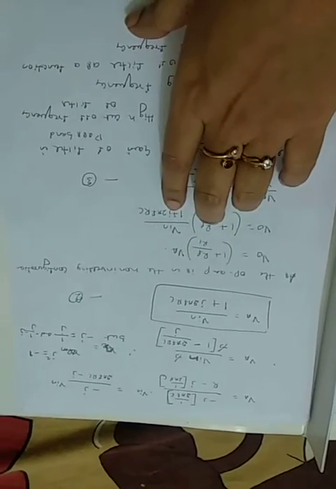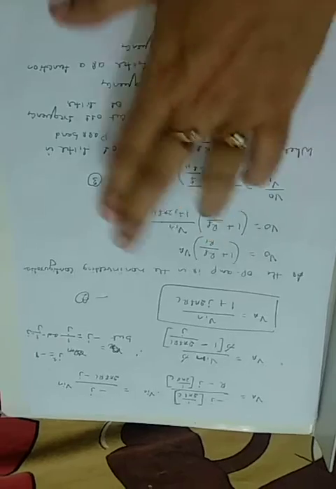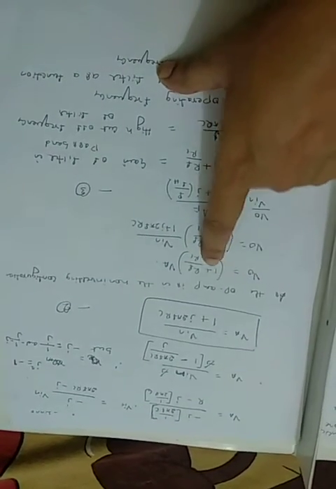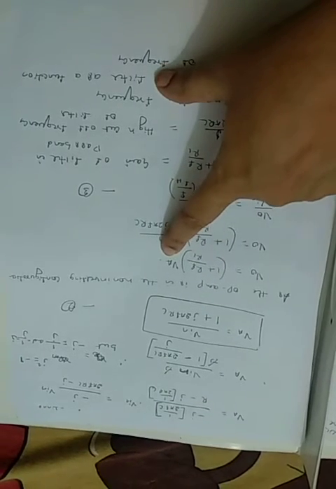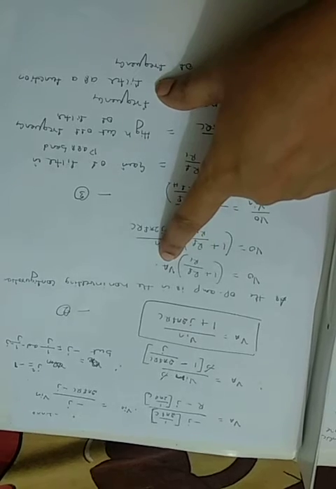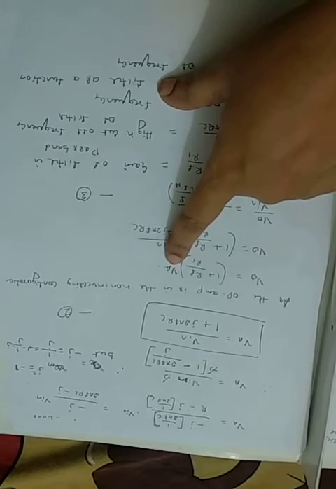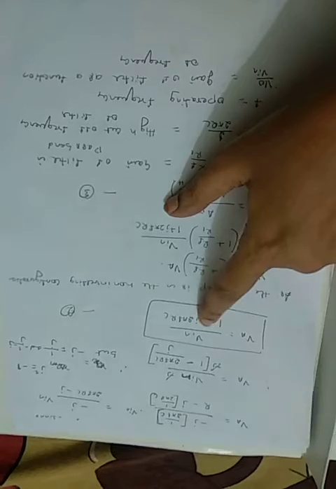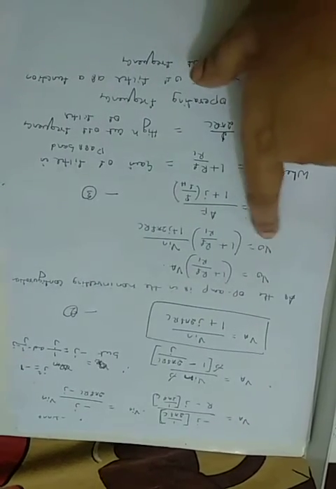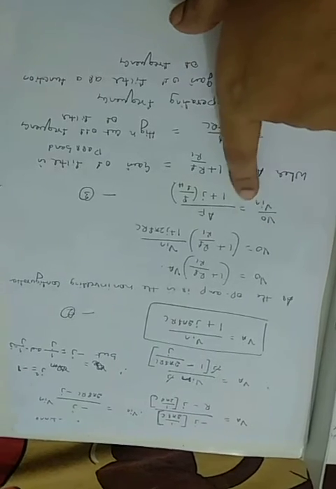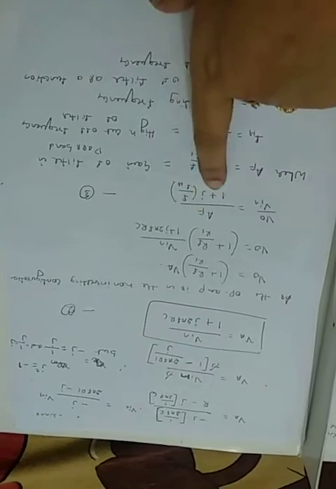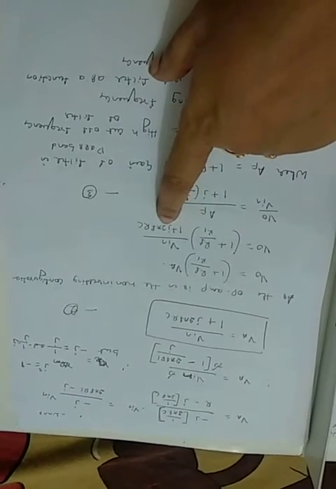We also know that for the non-inverting op amp, V0 is 1 plus RF divided by R1 times the input. That is, V0 is 1 plus RF divided by R1 times the voltage applied, VA. But what is VA? VA is Vin divided by 1 plus j 2 pi FRC. So V0 by Vin is the gain of the circuit. That 1 plus RF divided by R1 is AF, the feedback gain, divided by 1 plus j 2 pi FRC.